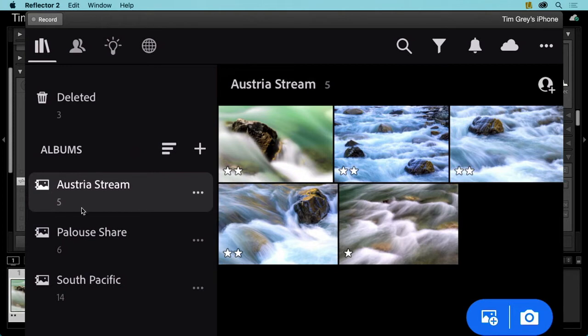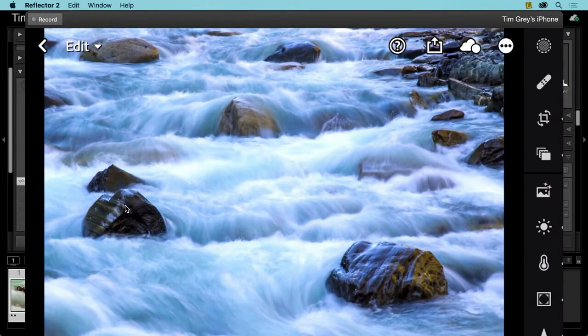So you can see the same collection that we were just looking at on my computer, essentially. In Lightroom Classic, the exact same photos, the exact same collection is available here. And so I can go look at, for example, the exact same photo on my mobile device,